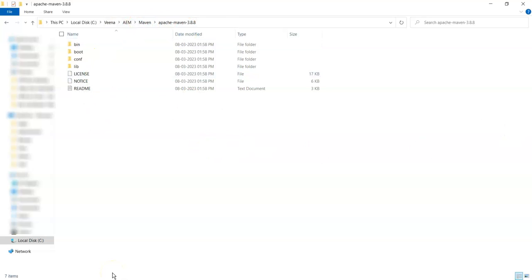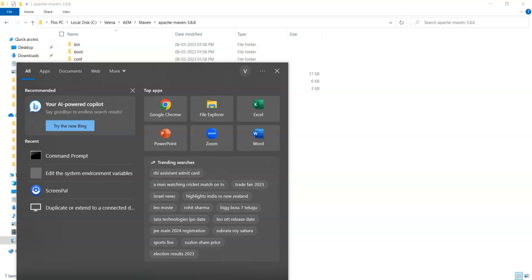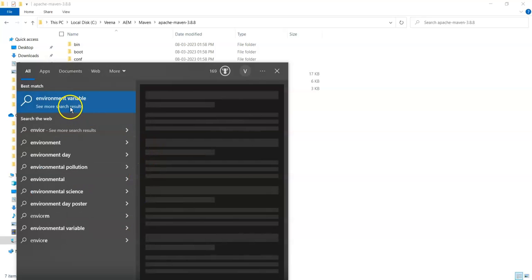Now we have to tell whatever application is going to run Maven that this is the path where your Maven is located. For that, we will check for environment variables.